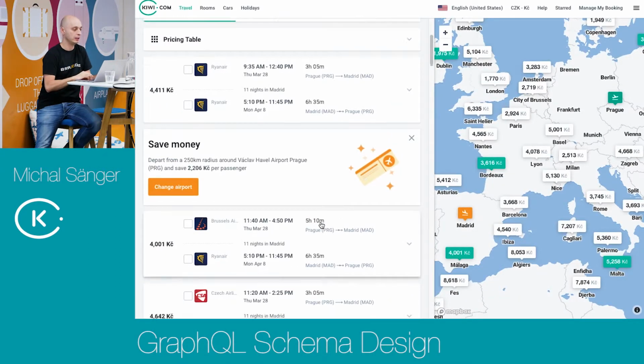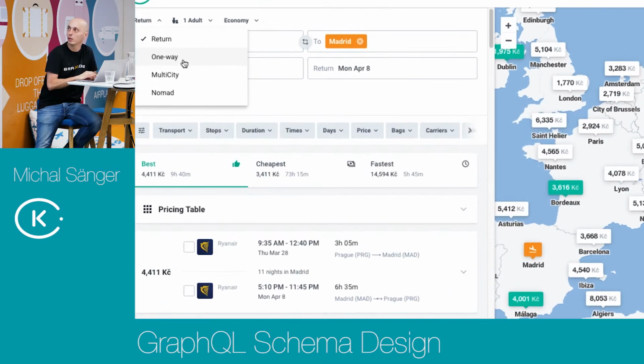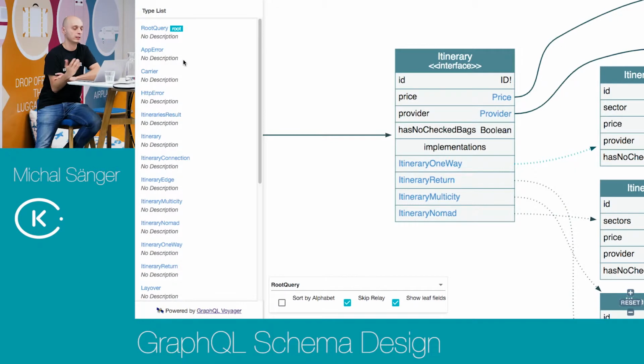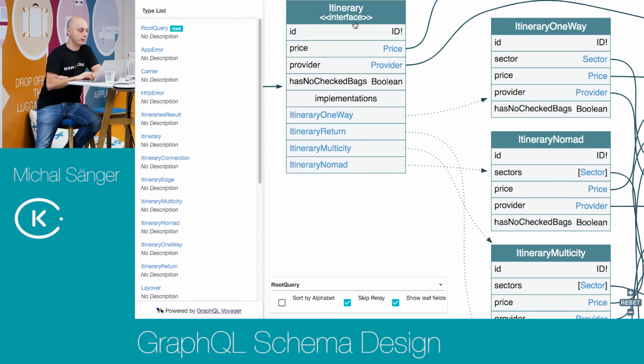tightly matches the need of our front end, where you can search these four examples. Is it visible? Yeah, hopefully. So we designed also these entities as the possible results, which looks like this. So the itinerary defines, of course, the ID, the price, the provider, and if there is some checkbacks needed. If it is possible to have a checkback, sorry, as a boolean, and everything else depends